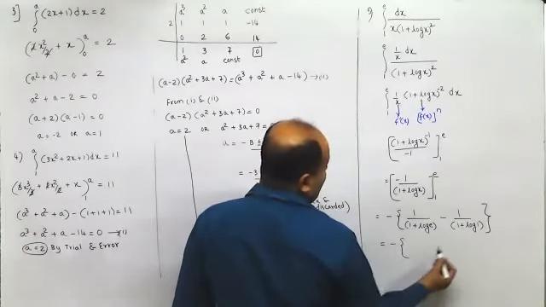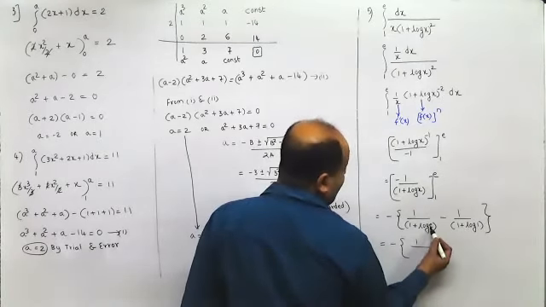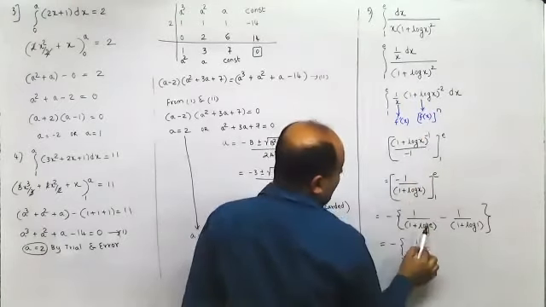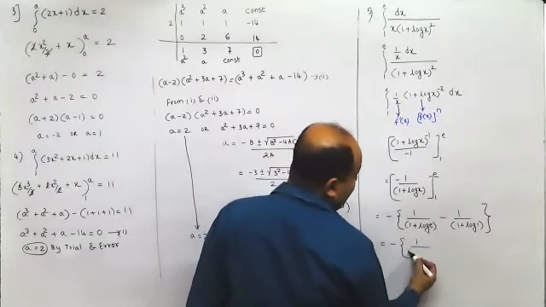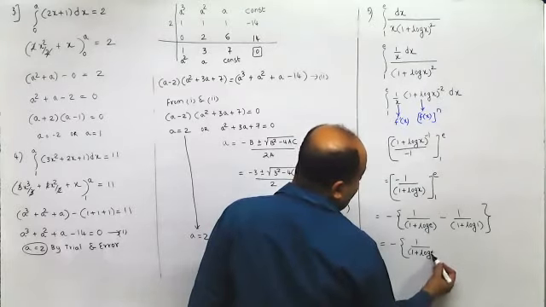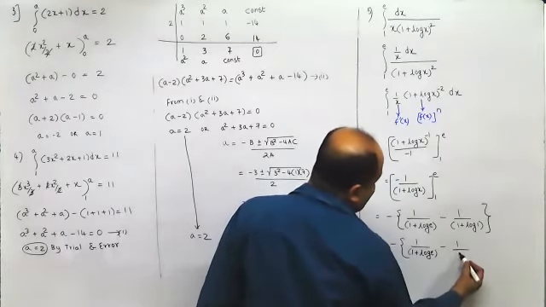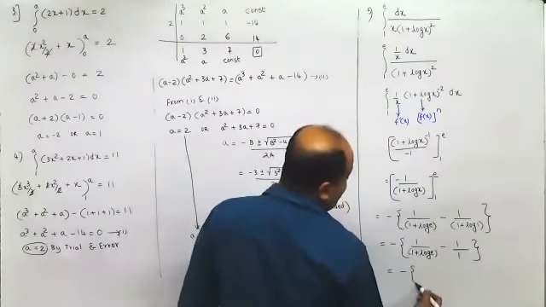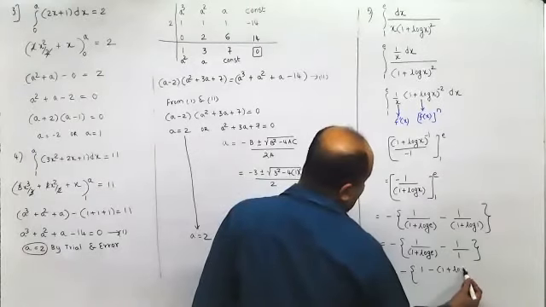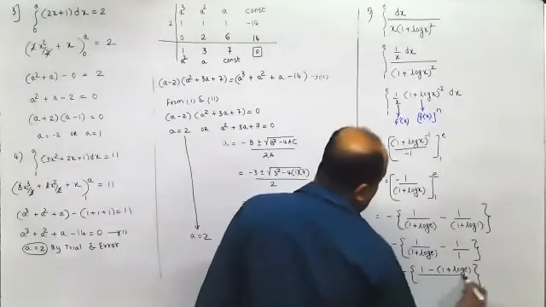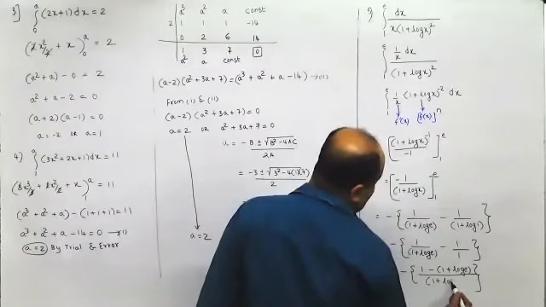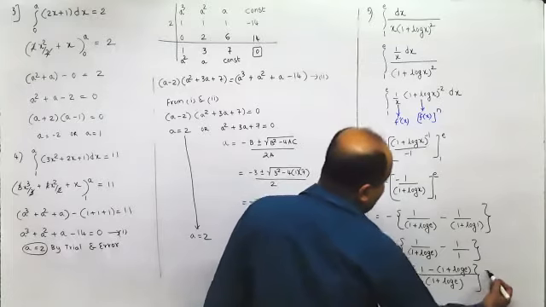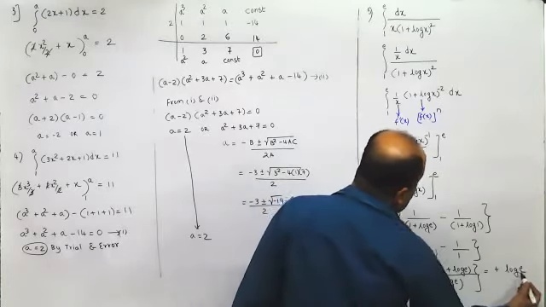Now in this case, log 1 is 0, but here you cannot take this as log e to the base e, because when you are using calculations over here, you cannot take this as log e to the base e. So 1 plus log e minus 1 upon 1 plus log 1 is 0. So this is minus 1. Now when you take the LCM over here, this becomes 1 minus 1 plus log e upon 1 plus log e. So 1 minus 1 gets cancelled, minus minus log e. So this would be plus log e upon 1 plus log e.